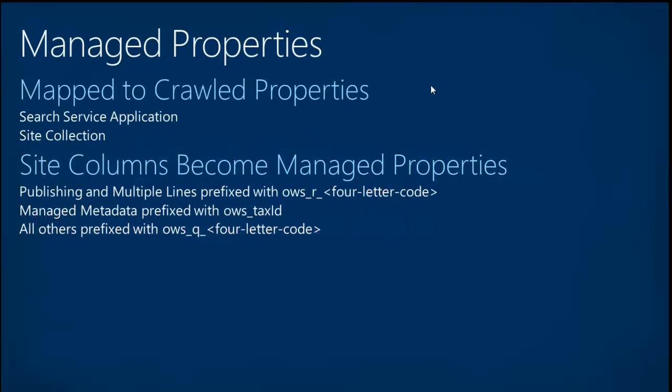The first is managed properties. As I said, 2013 has managed properties just like 2010 does. And if you haven't done a lot of work with managed properties, basically the way that it works is that when the crawler goes around and crawls stuff, it creates what we call crawled properties. And the crawled properties go into the index, but we don't really want to execute our searches against the crawled